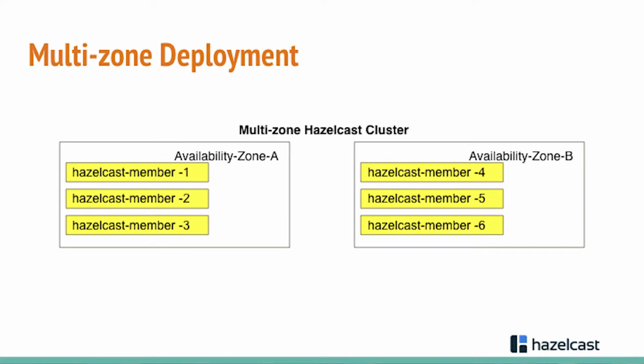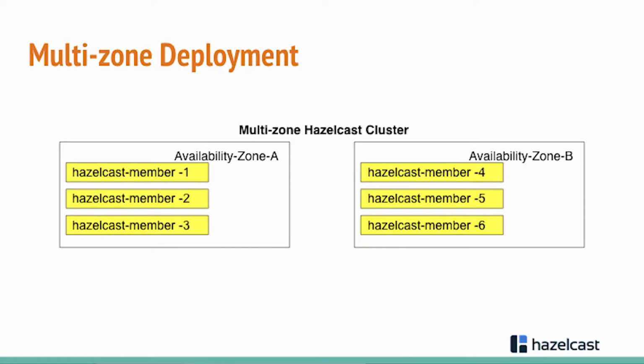One of the deployment best practices is multi-zone deployment. In multi-zone deployment, you actually deploy Hazelcast cluster members into different availability zones. Okay? And why do you need to deploy Hazelcast into different availability zones? Normally, with a Hazelcast cluster, if that was only one zone, and let's say that you have a 6-member Hazelcast cluster, when you put data into the Hazelcast cluster,